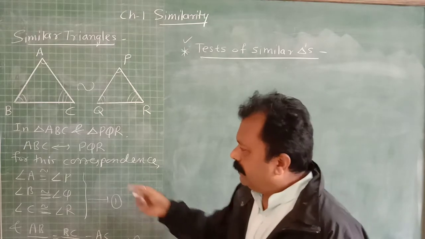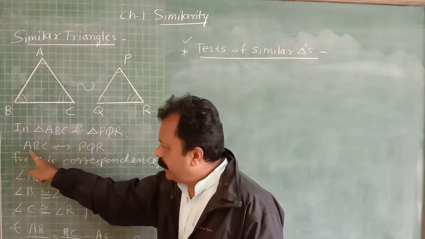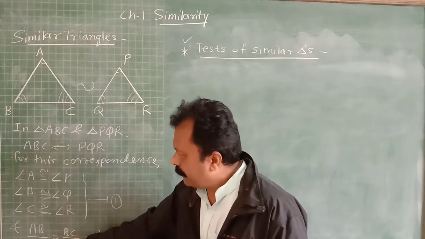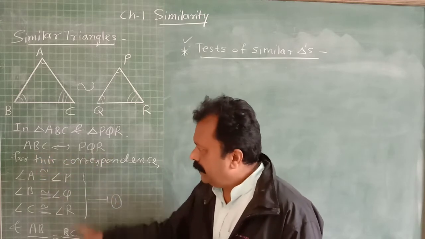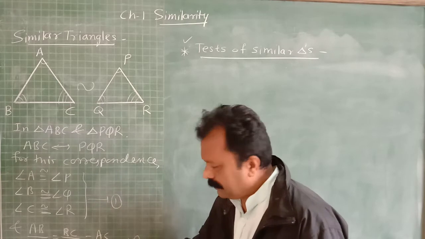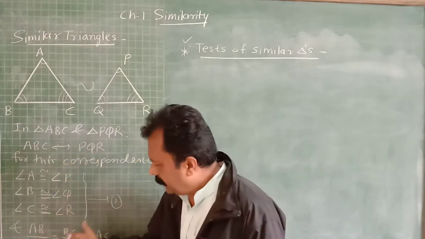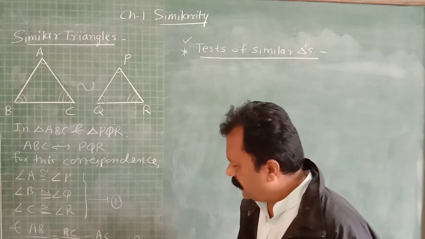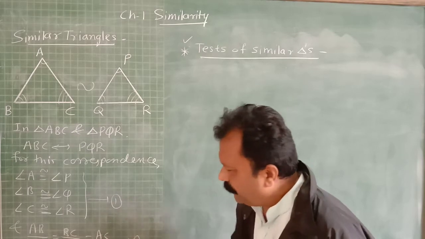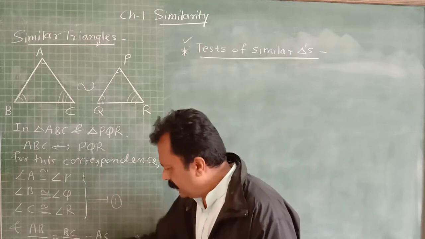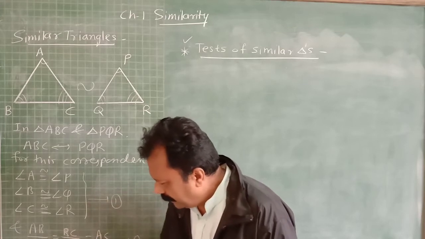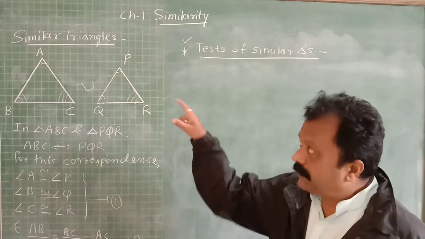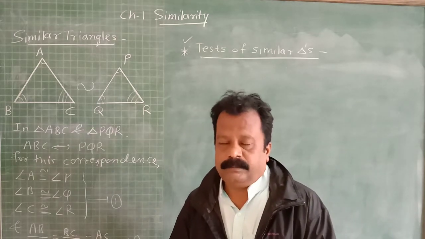If you don't want the figure, then according to the correspondence also we can write. First alphabets: AB, here also first take PQ, AB upon PQ. See here. Now last alphabets: BC upon QR. And first and last: AC upon PR. These three corresponding sides are in proportion. Means all sides are in the same proportion. Call this equation number 2. Therefore, from 1 and 2, what can we say? 3 conditions are satisfied here, 3 conditions satisfied here. So, totally 6 conditions are satisfied. Then we can show from 1 and 2 that triangle ABC is similar to triangle PQR. This is about similar triangles.